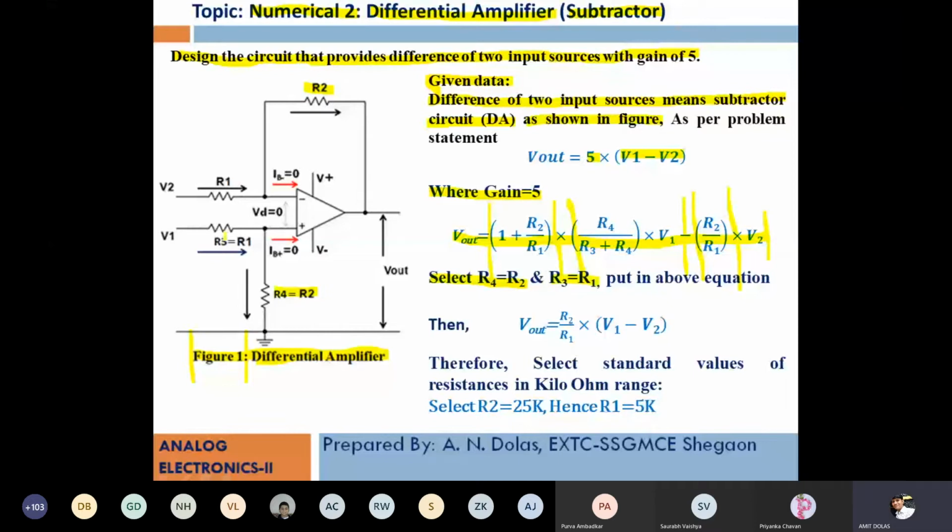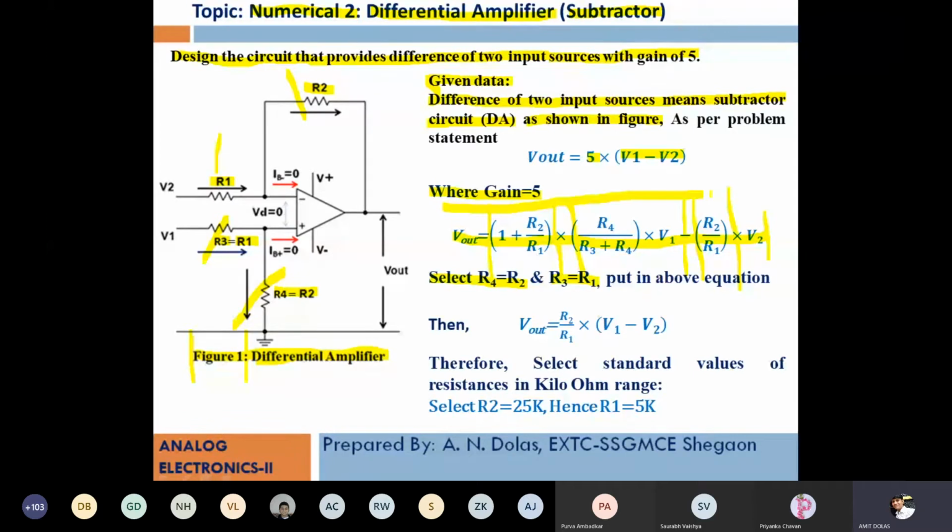In certain books you can see that wherever such a statement occurs, there are only two notations. This is called R1, this is called R2, this is called again R1, and this is called R2. So don't get confused. For analysis purposes, we have used separate notations R1, R2, R3, and R4, so that you will be able to understand the complete formula. That's why we are using 4 notations for 4 resistances.